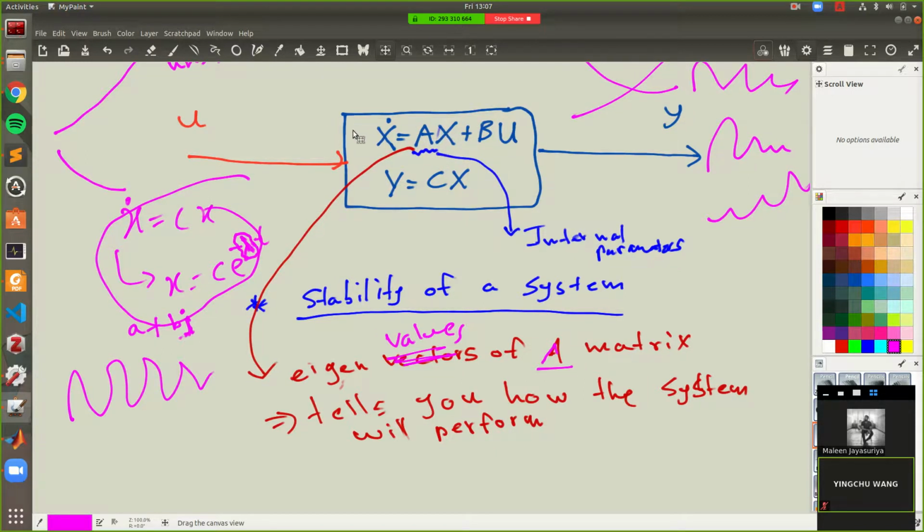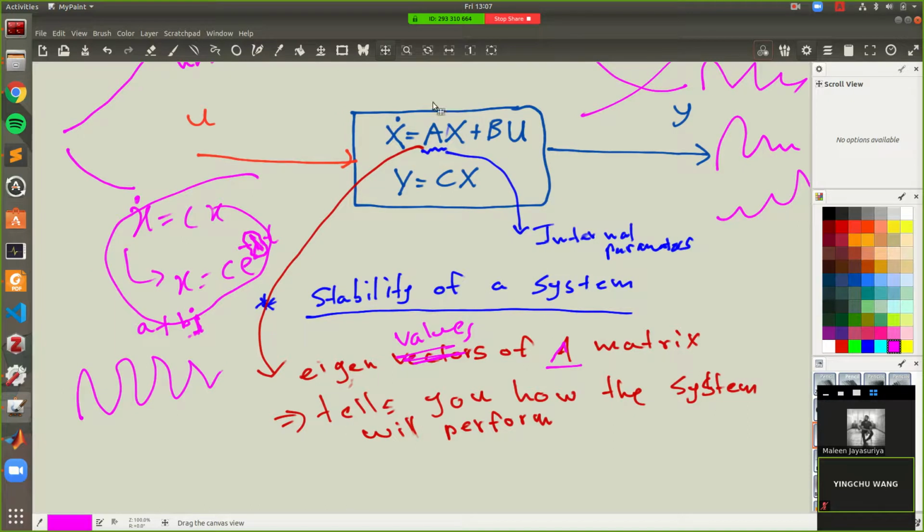But for your robotics applications you don't need to go into super detail. You just need to understand the basics of a state space representation and basically how to check the stability, whether it's stable or not, right? So to check the stability, you need to check the eigenvalues of this A matrix, right? And what you need to remember is this: